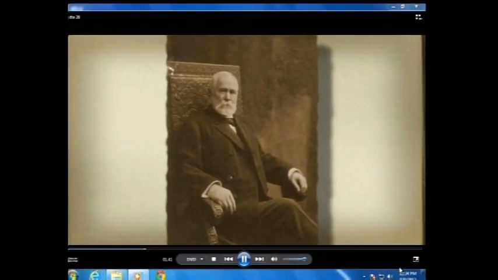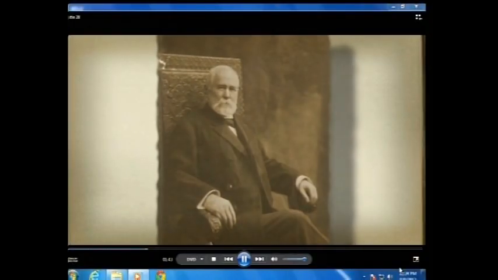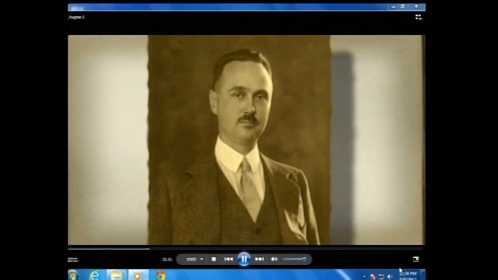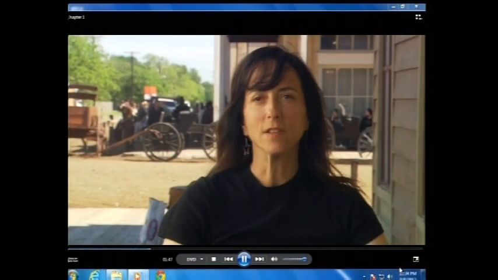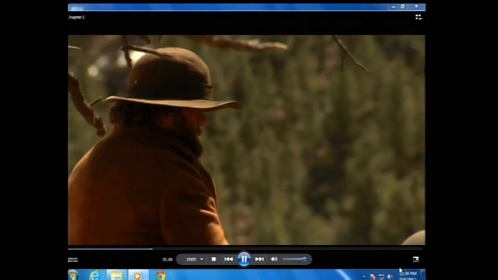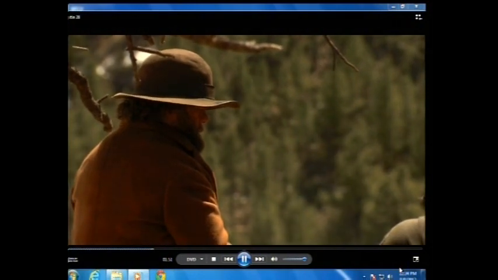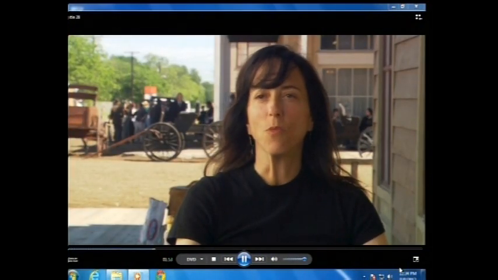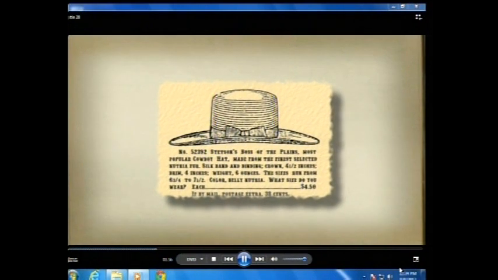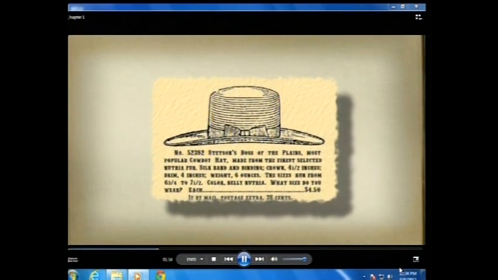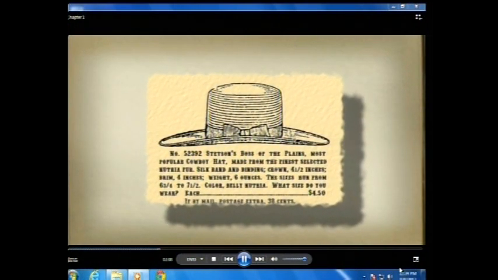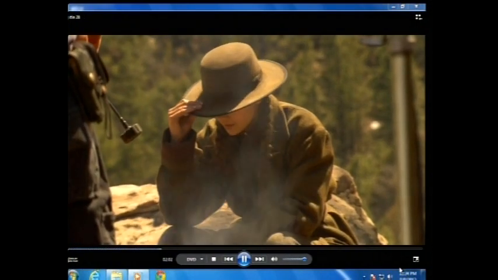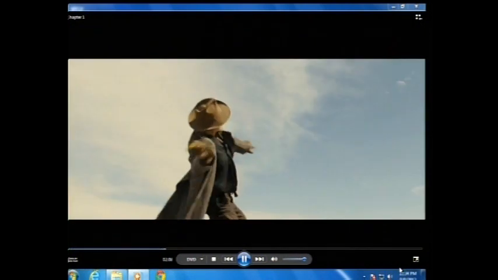Stetson was a dress hat company in Philadelphia. His son had asthma, and he went west. And he sort of started to see these cowboys and saw that they needed a hat for droving. And so he said, I think these guys need a hat with a wider brim. And he went back and he had his dad make them, and it was called the Boss of the Plains. And it's got a 4-inch brim and a 4-inch crown. And that's sort of the cowboy hat of this time period. It's not what you would normally think of as the quintessential cowboy hat.